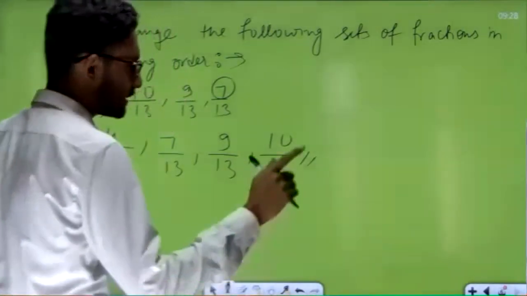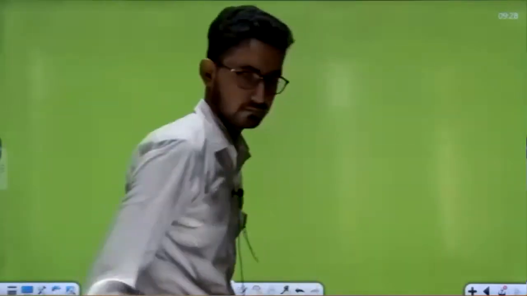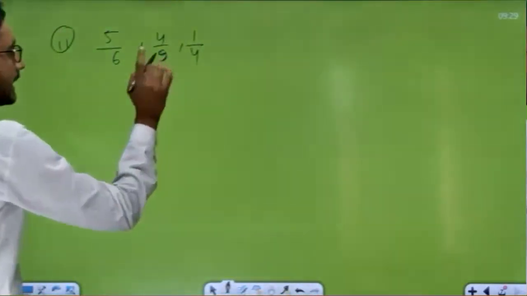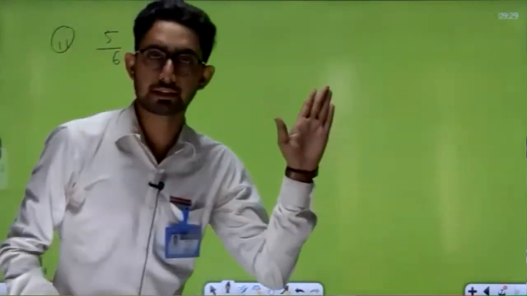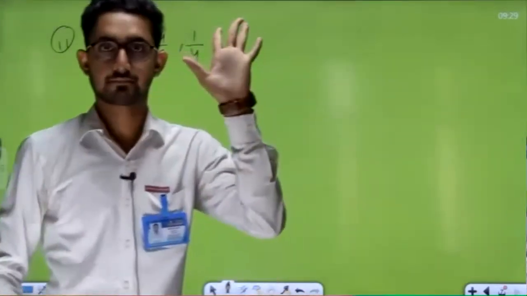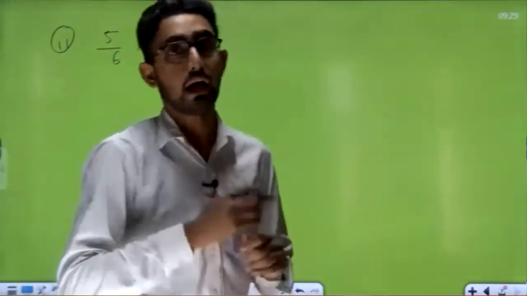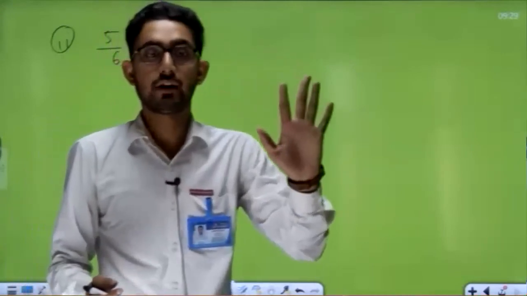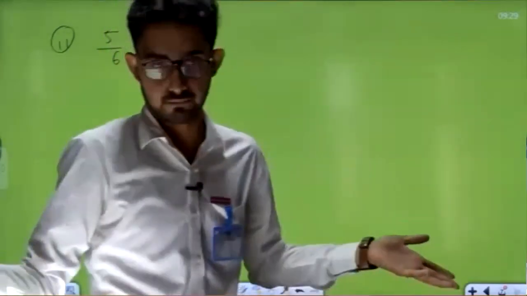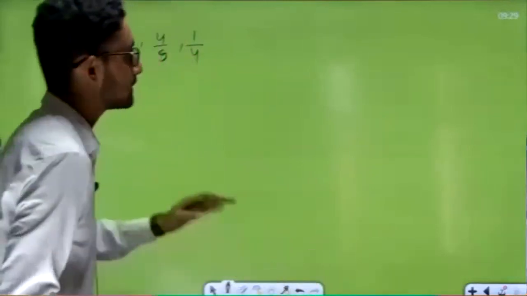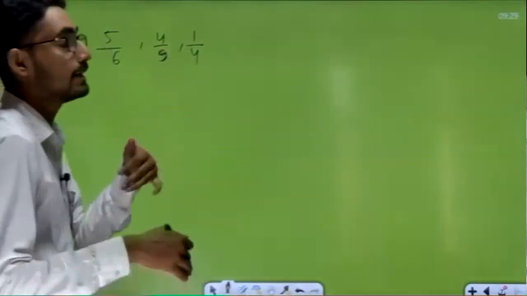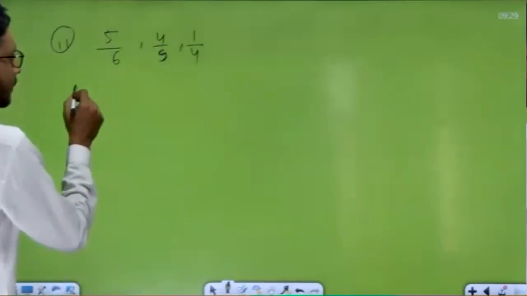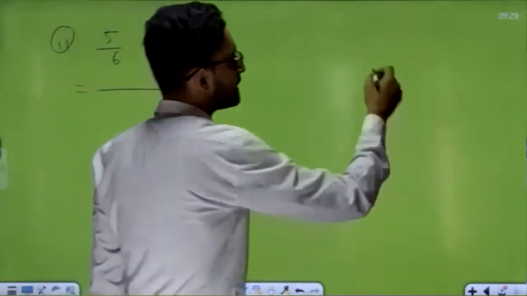Okay, now we'll move to the next question. Similar question. Here, 4 upon 9. Now, here if you observe, all the denominators are different. Now, does anyone know how to convert unlike fractions to like fractions? All of you know, because we just solved how to convert. सबसे पहले वही काम करना है आपको, convert the unlike to like fractions. So we'll take out the LCM. So all of you take out the LCM fast.